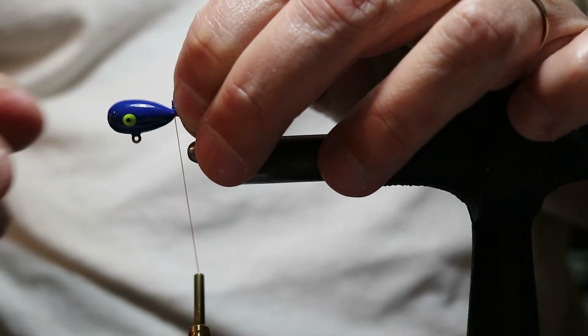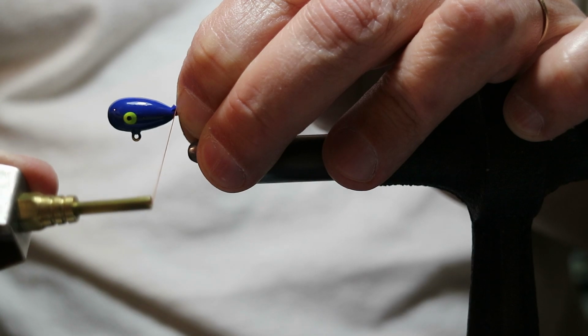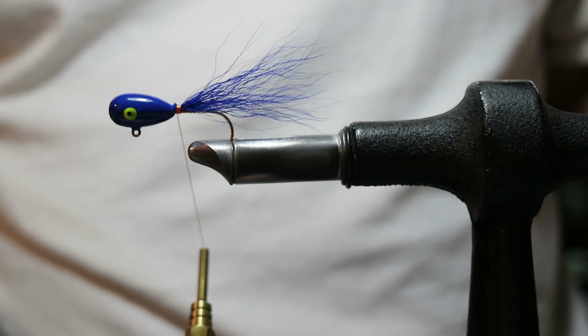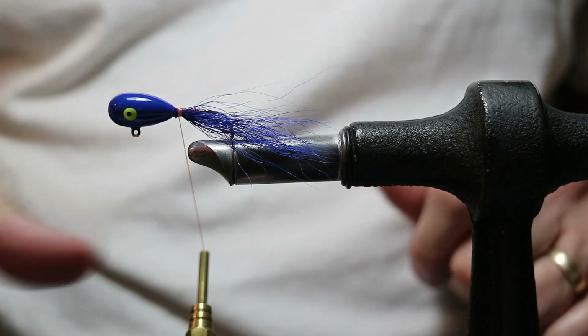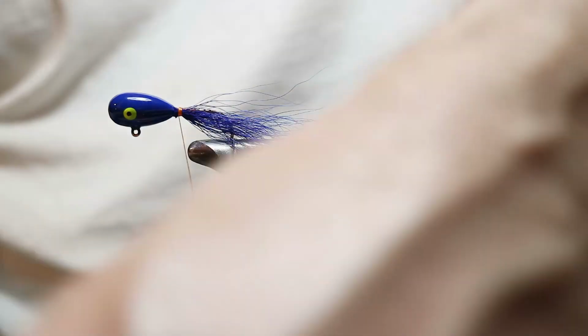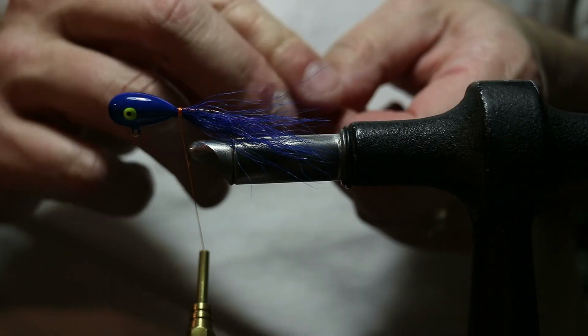Keep this pinch tight, tight, tight. I'm going to lock this on with about 8 wraps. 2, 3, 4, 5, 6, 7, 8. I can let go now, and then I'm going to grab this pinch and I'm going to twist it. Twist everything around to the other side, and when you're fishing with this jig, that darker color will be on top. And then for the belly color, which is the lighter color, we're doing